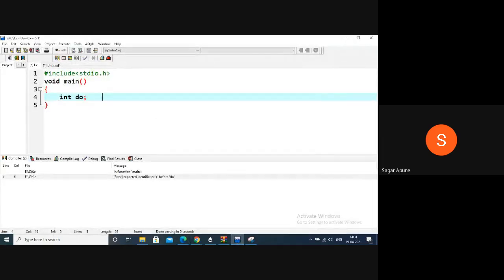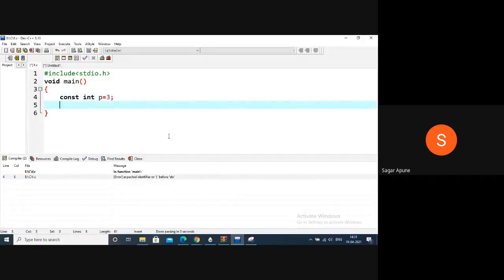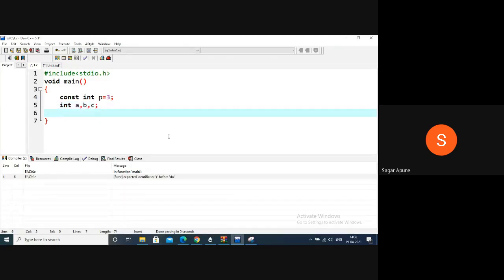See program code. So now type your program. So here I will execute this same program. So first declare constant variable by using const keyword, const integer p is equal to 3. Okay, then now declare three variables as integer a comma b comma c. Then next step is, yes, anyone? Next step is, what is your next step? See this algorithm.